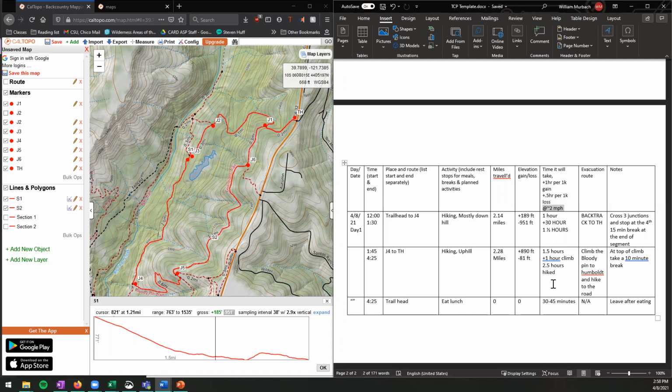Once you kind of get a feeling of how fast you can go with your gear and your group, you are able to adjust that speed. But for the most part, I say around 1 to 2 miles an hour for backpacking. If it's a day hike, I know I can do about 3, maybe 4 miles an hour if I'm really speeding. But for this, we'll just say 2 miles per hour. And then,